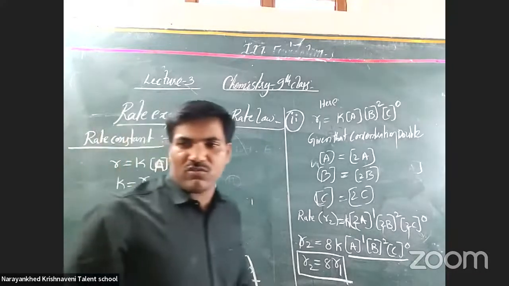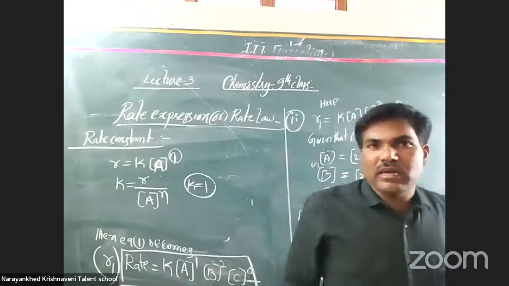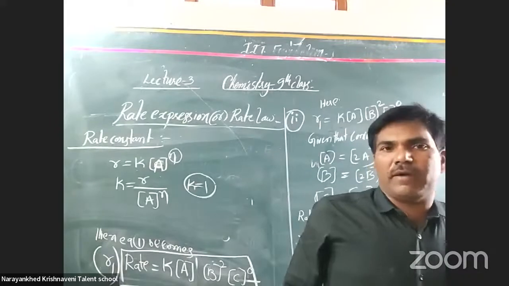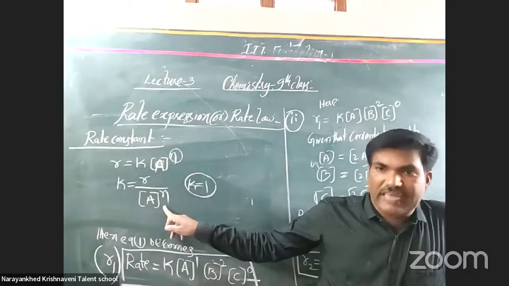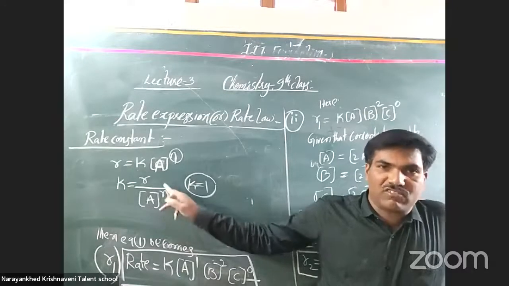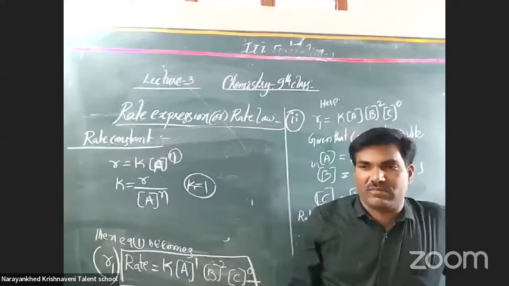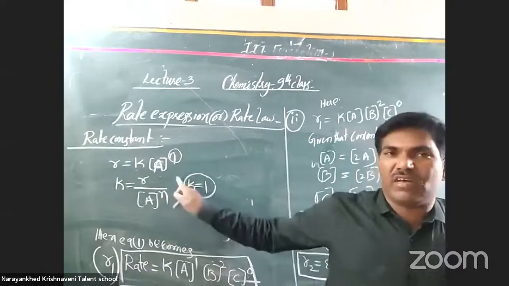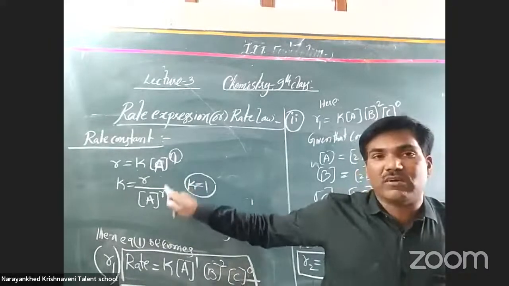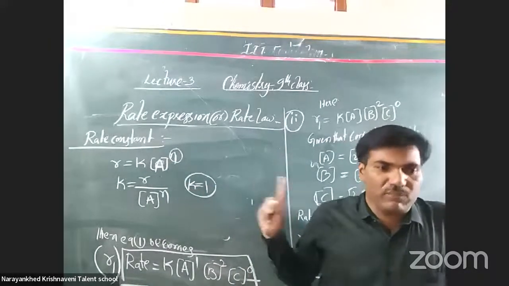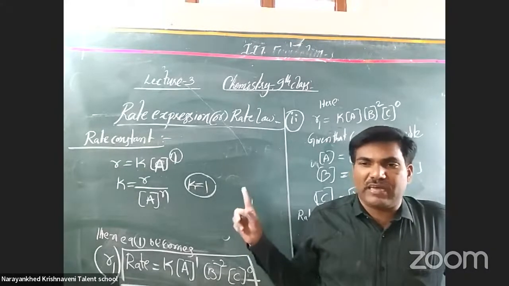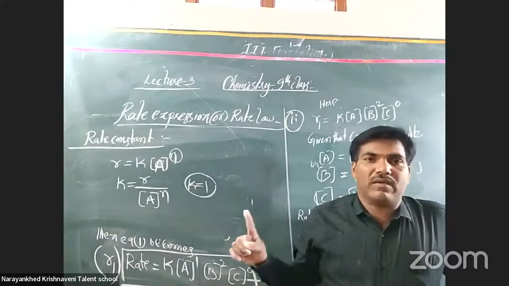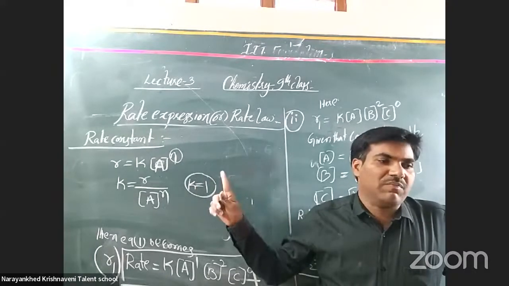Clear or not, all the students? Yes, here K is equal to R by the concentration of a reactant, rate of reaction by concentration of reactant. When these two things are unity, K also becomes unity. Now, how to find the unit of K? When we take the rate of reaction,